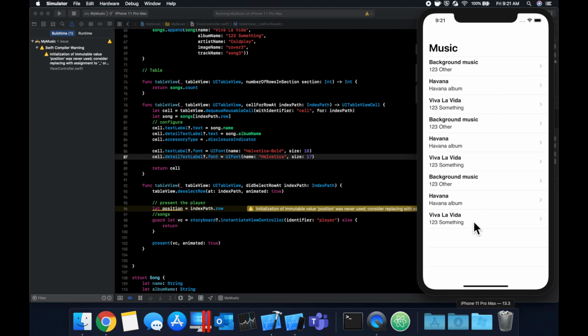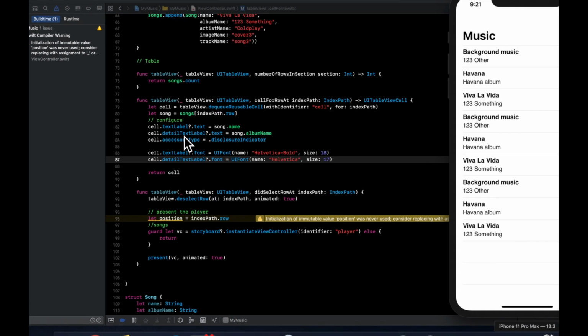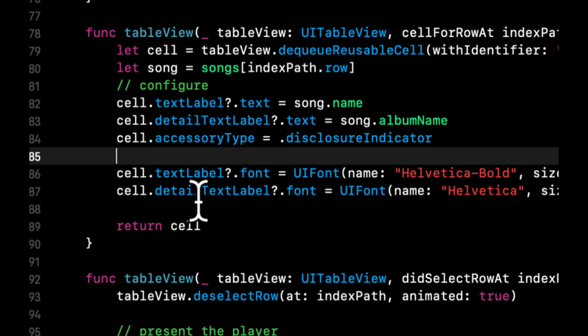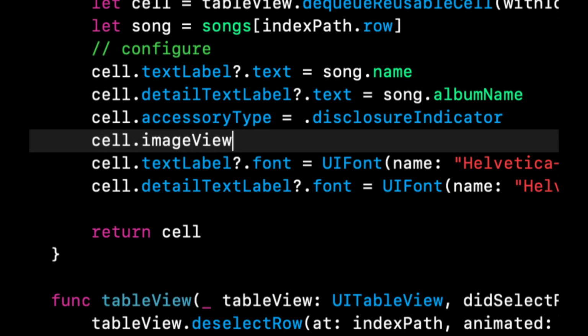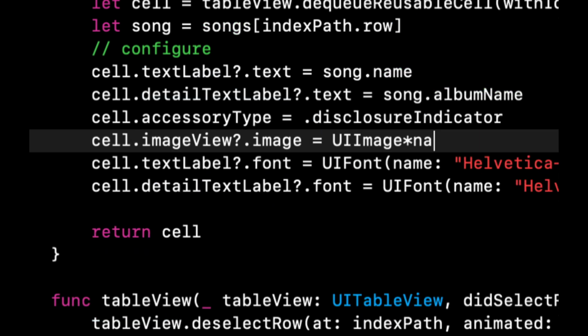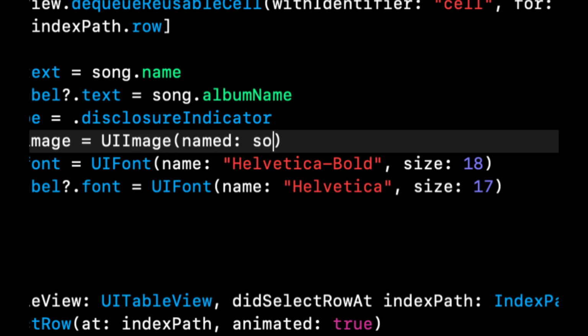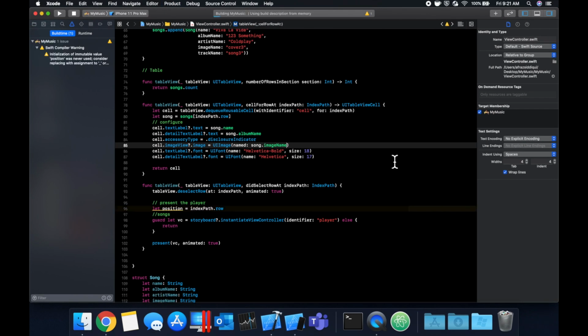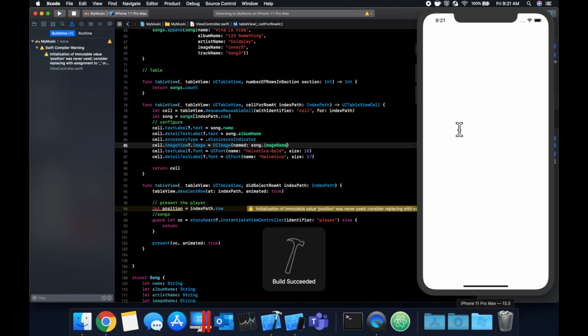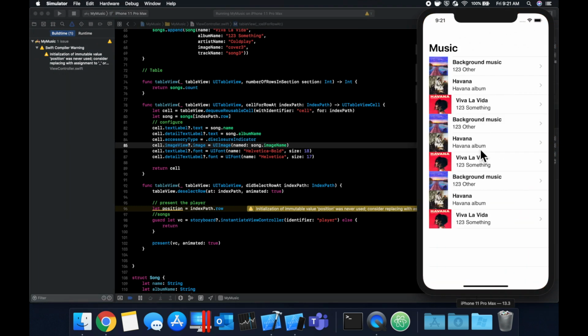So we see our songs, and I actually missed the image over here. So let's also do cell.imageView.image is a UIImage with a name, and the name is going to be our song.imageName. So hit Command R one more time, and we should be good to go in terms of our list of